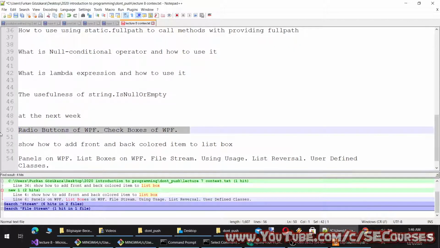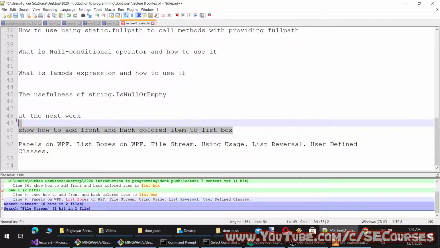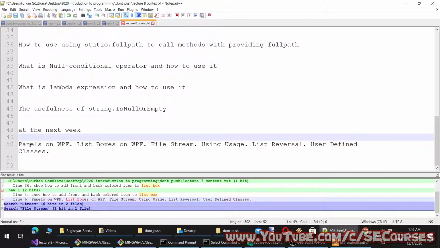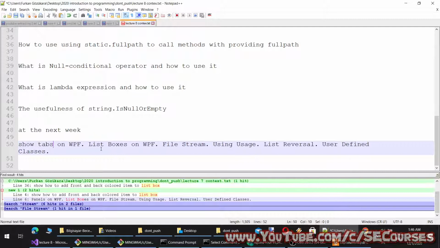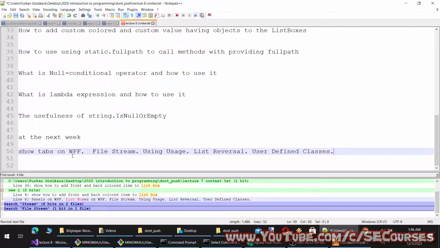What else? We have shown this. We have shown this. Tops. Okay, I will also show combo box. Did I show it previously?